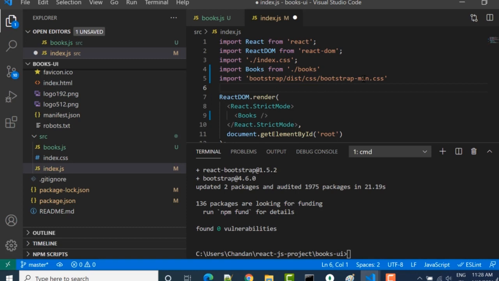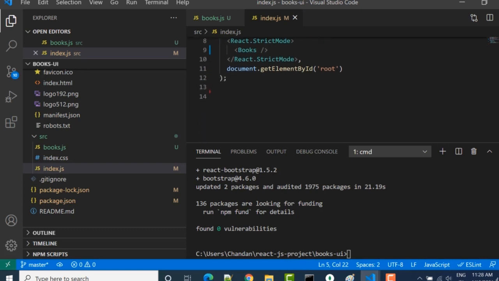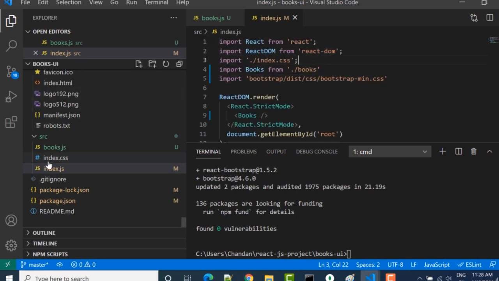This particular CSS we need in our application. We have to only add bootstrap min in the index.js file, and then we can go into our books